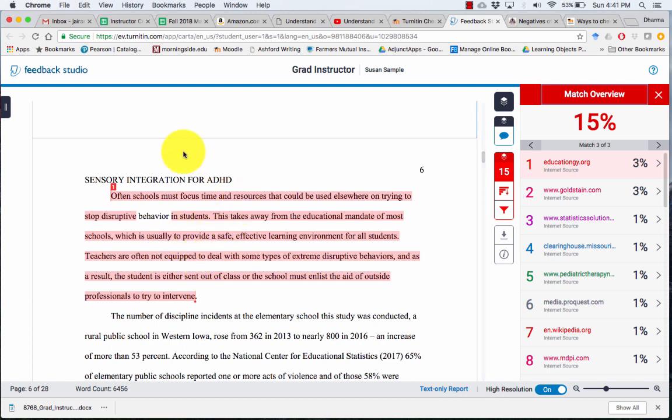Notice this one's a real trouble spot, because not only is it an entire paragraph, but there's no in-text citation following the sentences. In this case, the student made no attempt to actually cite the source and is actually using this writing as their own. So this one is a huge, huge red flag that says the student really made a mistake here